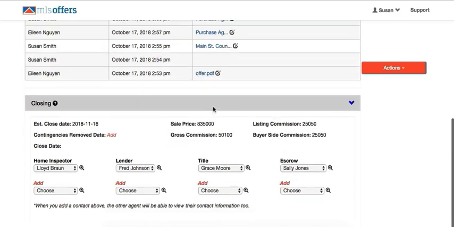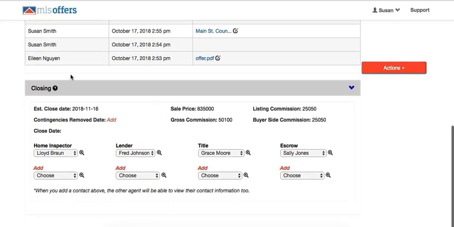Once you accept an offer as well, we populate this closing section. This is nice to help you just keep track of some important details of the closing. Both of the agents have access to this, so it'll be seen on the listing agent and buyer's agent side. We pull in some information from the accepted offer. We also allow you to add commission amounts here, dates like the contingency removal date, and then down below, both